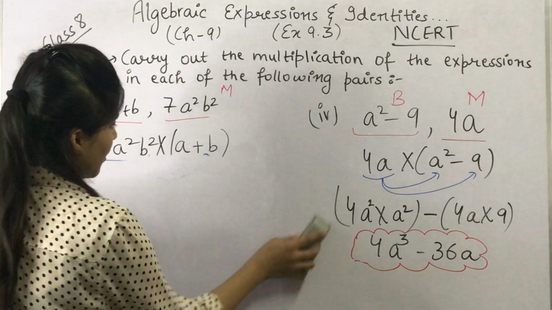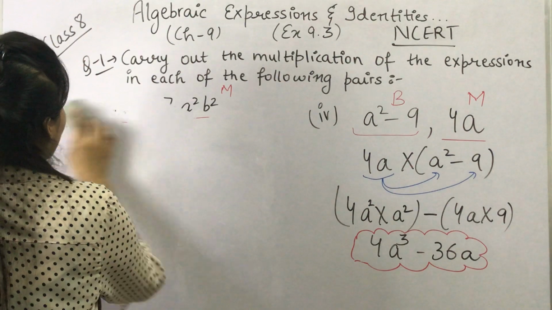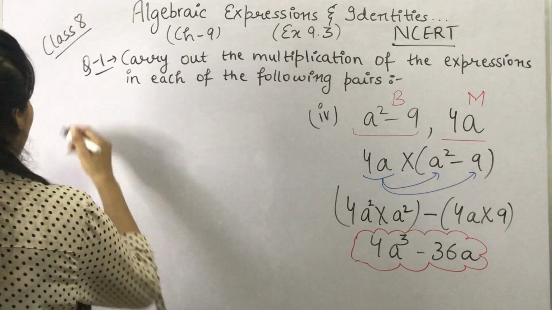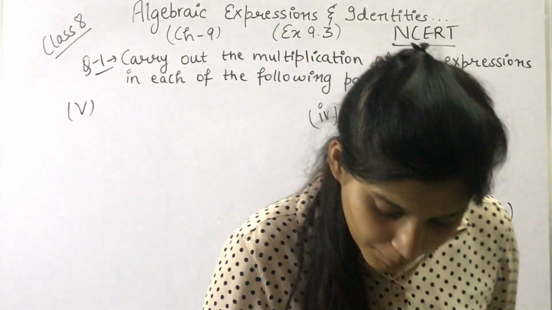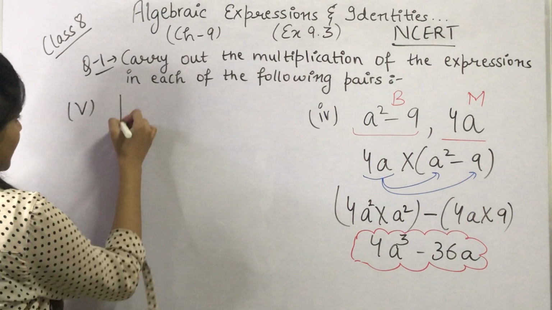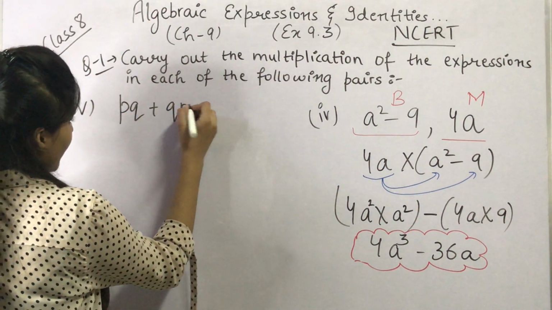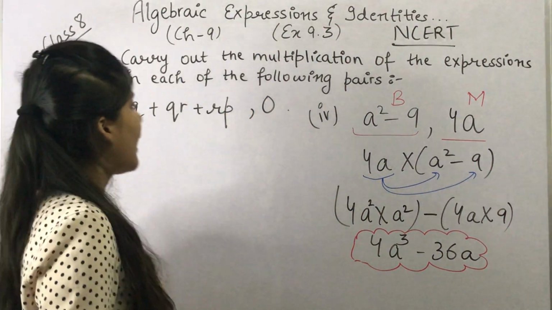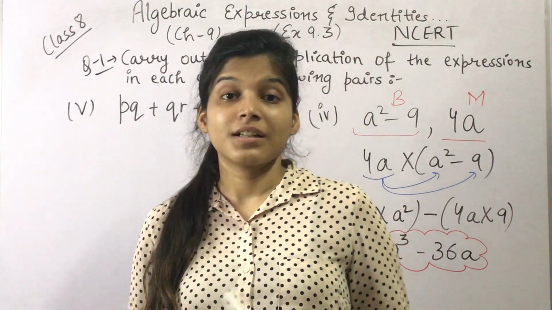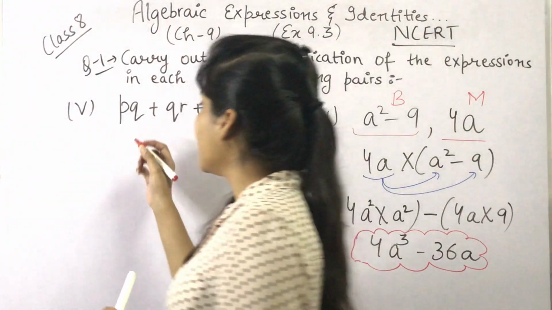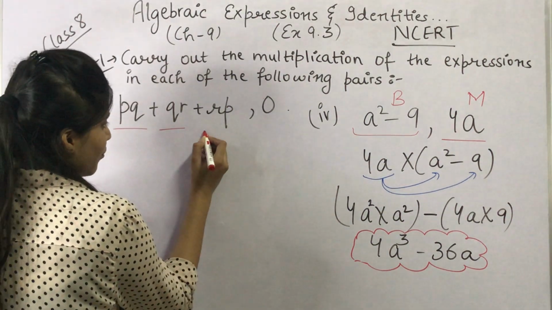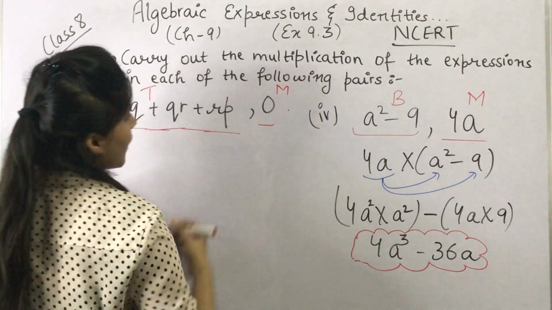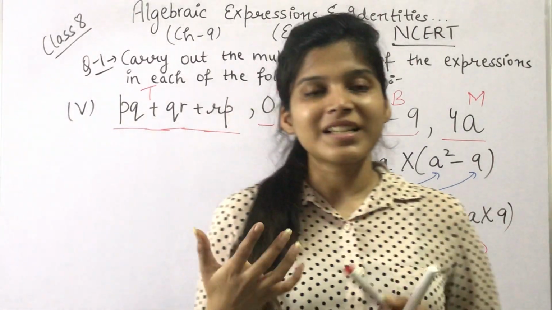Fifth part, is PQ plus QR plus RP and 0. So now as we can see, the first expression is a trinomial expression. Why? Because we have three terms, 1, 2, 3. So it is a trinomial expression, and this one is a monomial expression because it is just a single term,